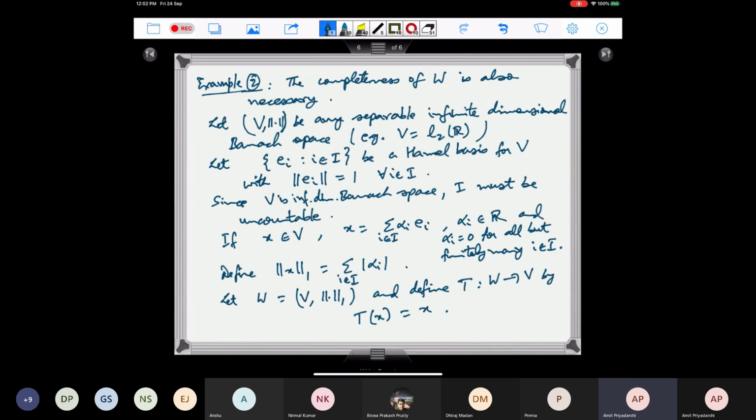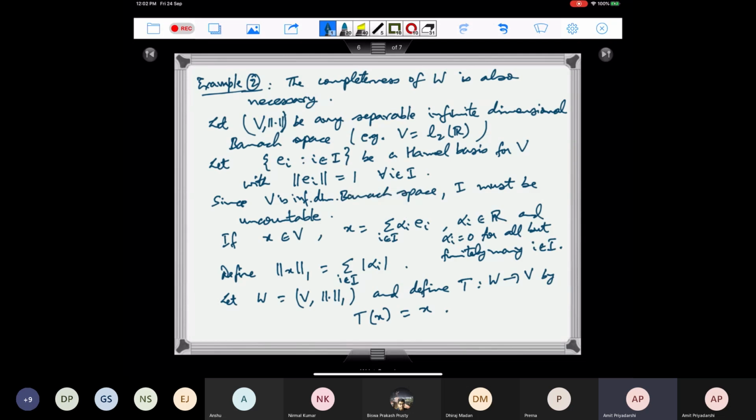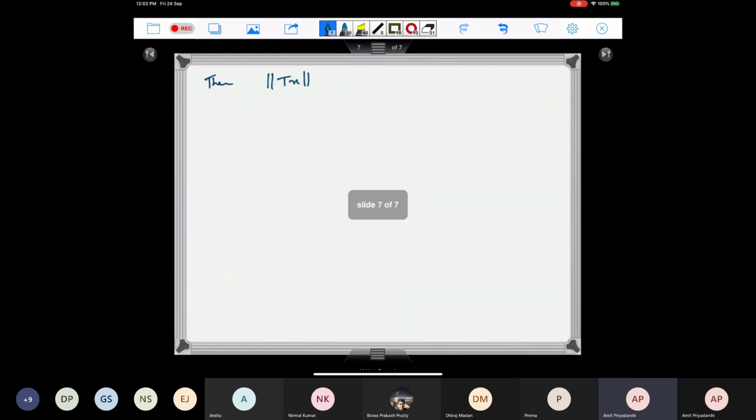So then norm of Tx: now Tx is in V, so we are taking the norm of Tx, and x is in W, so on W we are taking this norm 1. So norm of Tx is equal to norm x, and x is equal to summation of alpha_i e_i,